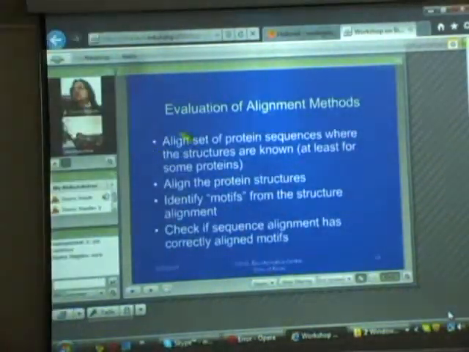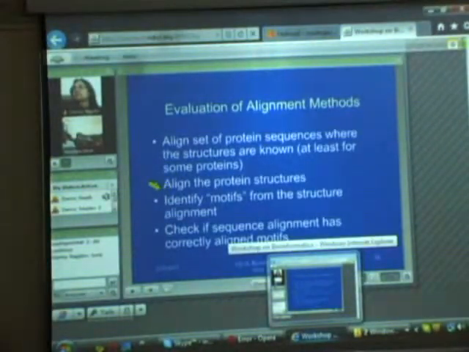And that is a very useful criterion. If the positions of secondary structures are not very well conserved, then you can say that something is wrong with your alignment. So it's a very good confirmatory kind of test. Of course, you will see little variations in the positions, but they should not be very significantly varying positions. There must be an overlap between the secondary structural positions in the aligned sequences.